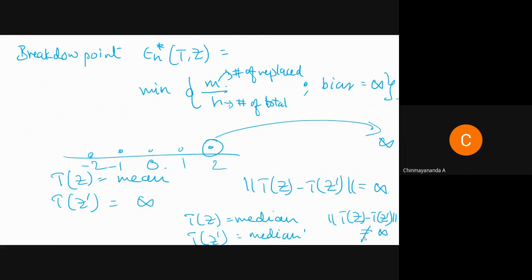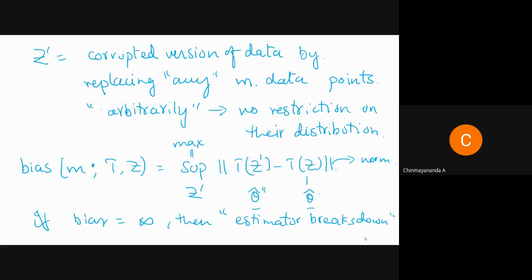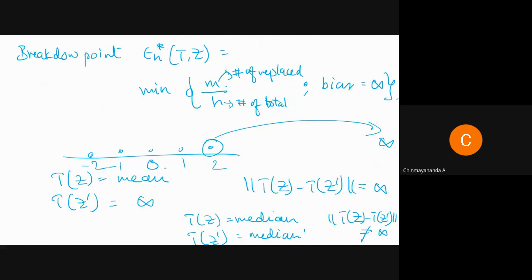So if you have to recap, first, any m data points. There is no condition on which data point you are trying to replace, and whether you are replacing in the x direction or y direction, all those things don't matter. Where you are perturbing it doesn't matter. Secondly, there is nothing like a distribution on the replaced points. Then you have this norm coming into the picture. And the fourth point is that whatever you replace can be infinity also, and still you might get a non-infinity difference in the estimate.